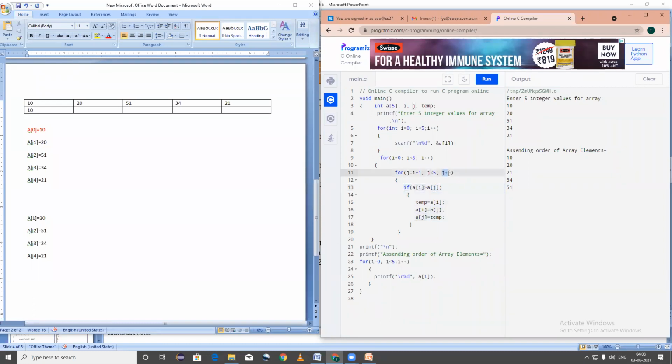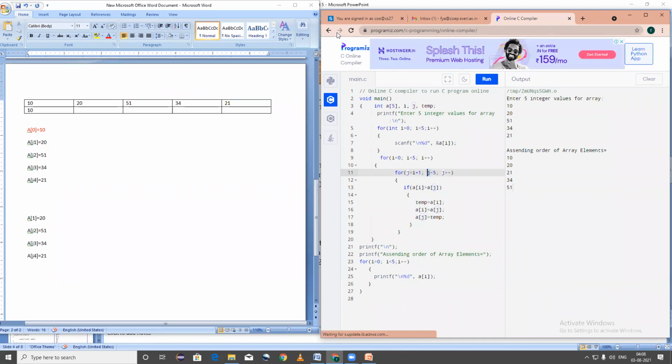It will go and increment the value of J plus plus by 1. So 4 plus 1, 5. 5 less than 5. Is it true or false? False. Okay, so it will not execute this. Now it will go and increment the value of I variable. I plus plus. Now currently I am having the value 1. Now 1 plus 1, 2. So again here, 20 is finalized because it is not greater than any of the values.